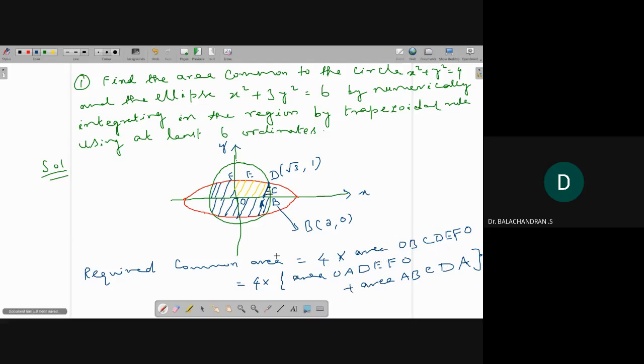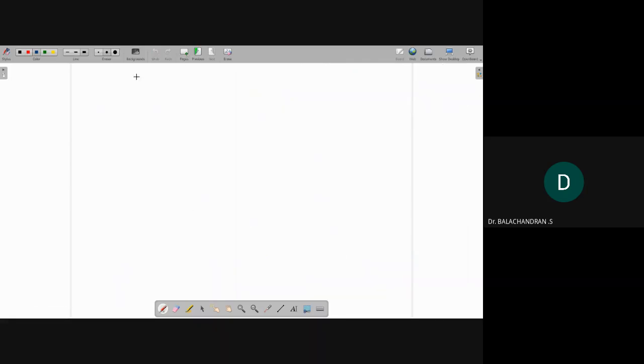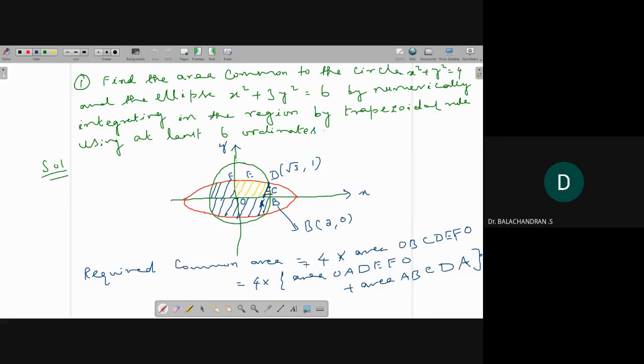Now, next page: this is 4 times the area of the yellow region, that is O, A, D, E, F, O,